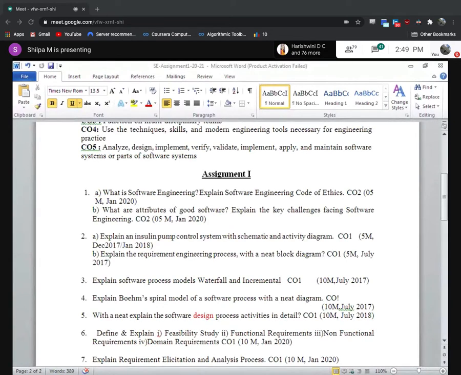What is software engineering? You will write that, as well as what is in the slide, as well as in the ma'am notes. There are certain points about software engineering, 5 or 6 points. You will write that. Then you have 1A, explain software engineering code of ethics. For this, you will have page number 12.